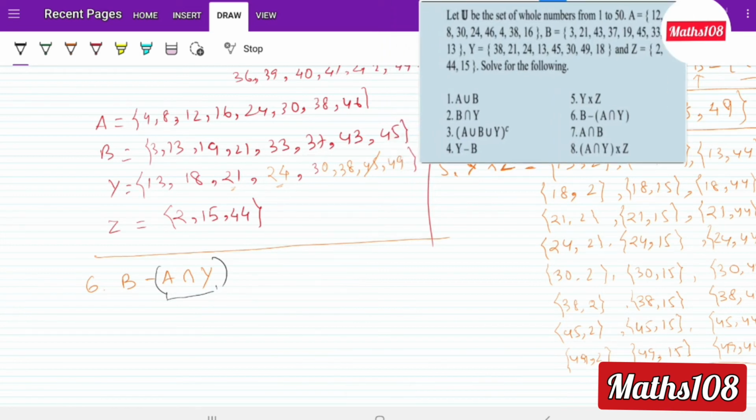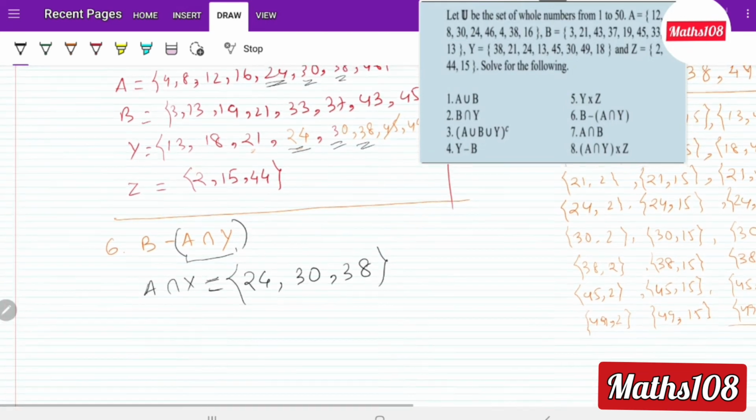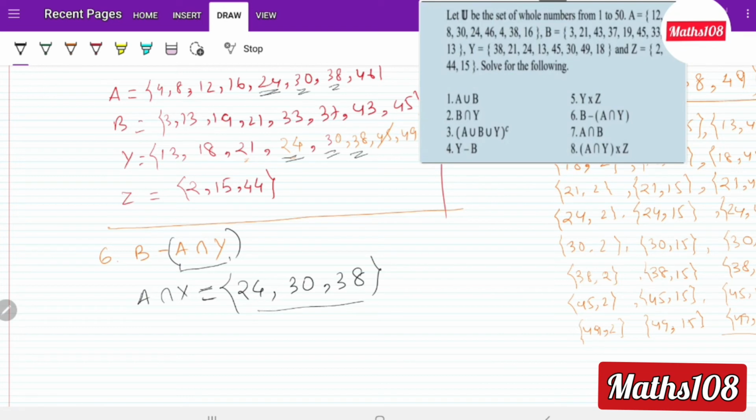A: 4, there is no 4 in Y; 8, not in Y; 12, not 12; 16, not 16. There is 24 in both, 30 in both, 38 in both. So A and Y intersection is 24, 30, and 38, right? So we need to remove these elements